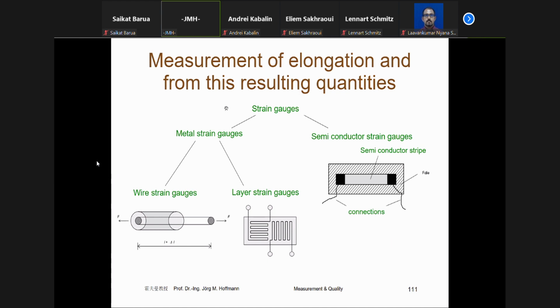And the main keyword is strain gauges. Strain gauges we have in metal, and we have it in semiconductor strain gauges. But the most important are still the metal strain gauges, because they are very easy to manufacture, and we can use it,